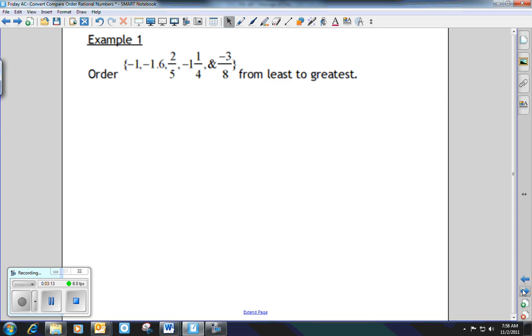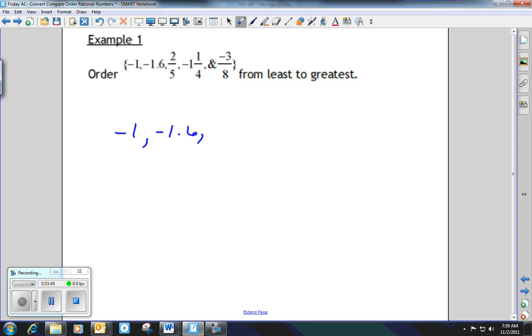So here's some examples. If we're ordering -1, -1 and 6/10, 2/5, -1 and 1/4, and -3/8 from least to greatest, the first thing we want to do is convert them all to decimal form. So I already know that these are benchmark fractions that are on your sheet that you're to be studying. So it's going to be easy for me to convert these all to decimals because I know what their decimal form is. So I'm going to end up with -1,